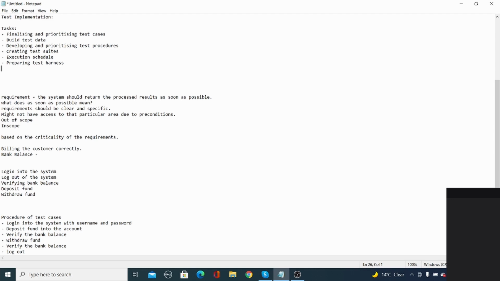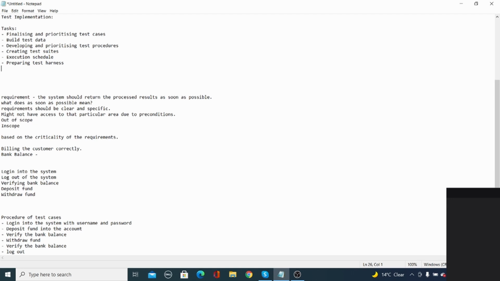Manual testing can be done physically. You should be there physically and execute test cases. But if you automate these test cases, what happens? You can execute offline. You can set the time. Execute at 8 o'clock when I go home, or execute the test cases at 10 o'clock or 12 o'clock midnight. So when you come back in the morning, you can check the reports. So this is how the benefits of automation and using test harnesses.